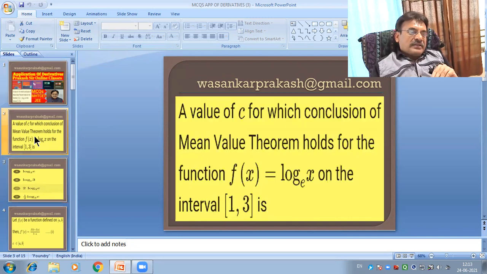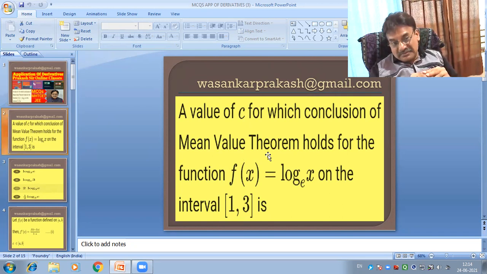So again we read the problem carefully, because all the problems are very simple. First we understand the problem carefully and then we solve the multiple choice questions. In these MCQs, it is given that the mean value theorem holds. So we know that the